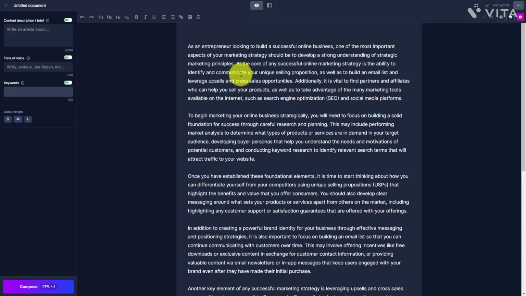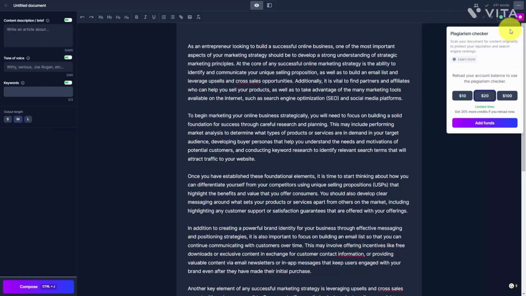Now, there are two aspects of your document in boss mode, and you'll see them here in the right-hand corner. What you can do is you can enable Grammarly. And once Grammarly is enabled, Grammarly will then start to analyze your document for things that you can correct. You're also going to see a plagiarism checker. Now, in order to use the plagiarism checker, this will require a payment for you to use the interface within